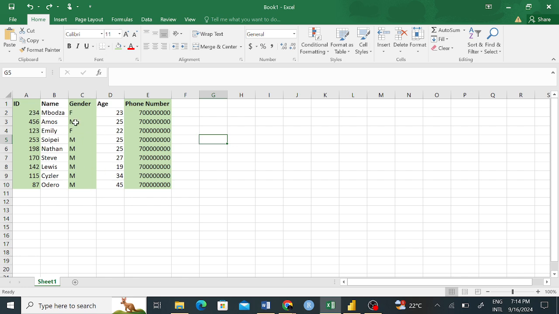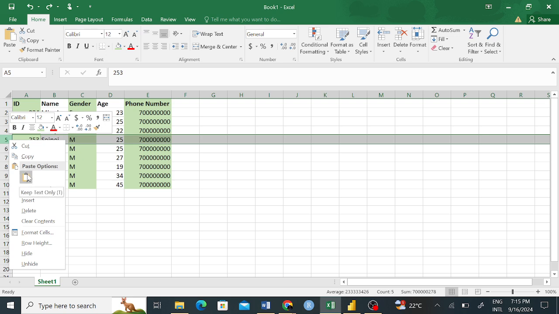So that is on manipulating your data, formatting here and there. Something else, yeah. So probably you wanted to insert a row here between Soipei and Emily. You can see here we may want to have another information just before Soipei. So you could just highlight it, of course, up to here, and then